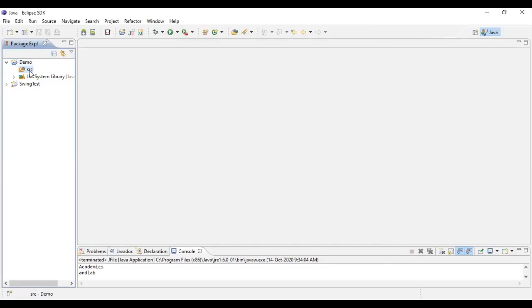Before we directly go into Swing, we learn a few things like components which are not available in AWT, but are available in Swing. So first we will learn about a component called JProgressBar. You might be wondering what is a JProgressBar. I'll show you an example of a progress bar.